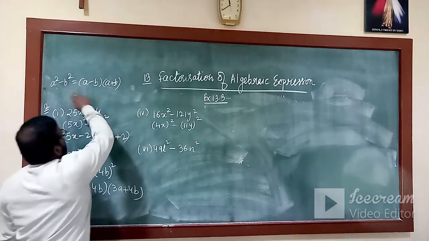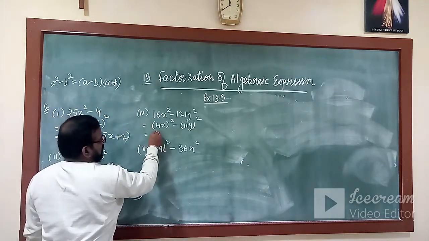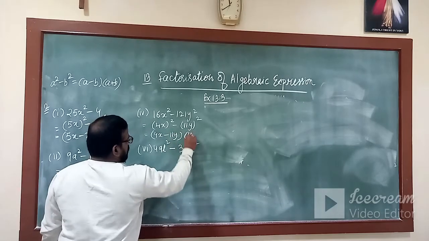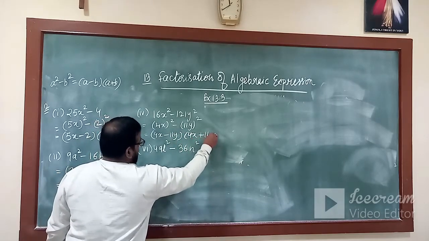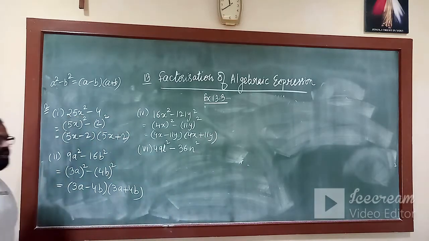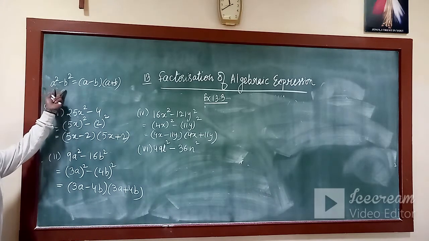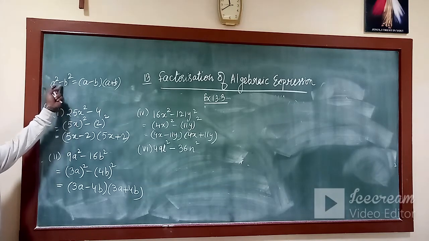So again, a square minus b square. So 4x minus 11y and 4x plus 11y. See how easily we can use this identity. The only thing we need is the two square terms, that is a square and b square, and the negative sign